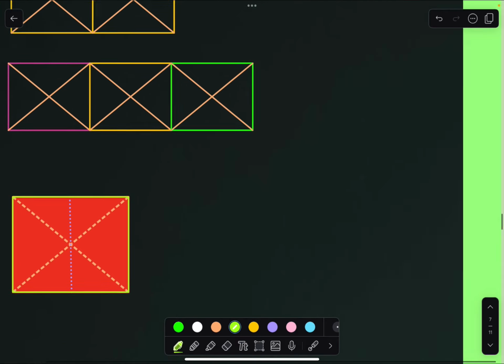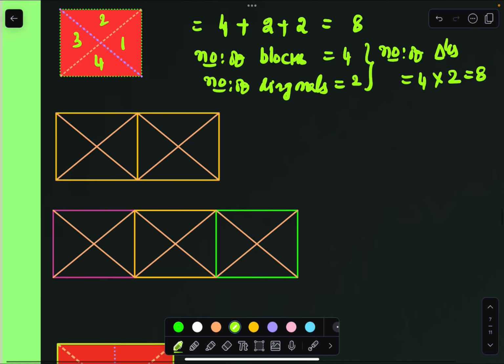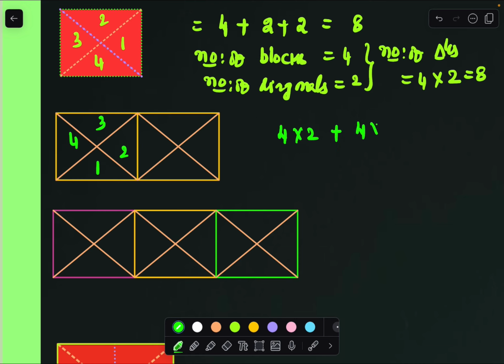First I am going with this particular figure, again we will come to this particular part, right? Otherwise, see here. How many rectangular grids are there individually, we'll check it. The maximum size rectangular grid we are looking at here. So two rectangular grids are there first of all. The number of blocks in one rectangle we are looking at, 1 2 3 4, right? So here 4 into 2 is the number of triangles, and the second figure also has the same thing, 4 into 2. So these are two rectangles we are joining.